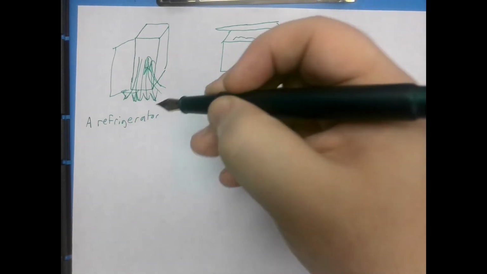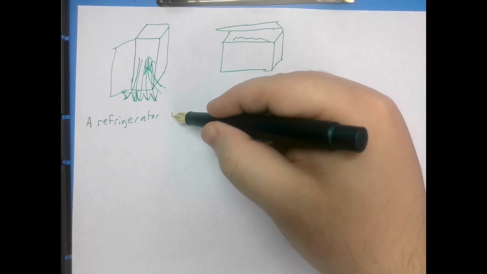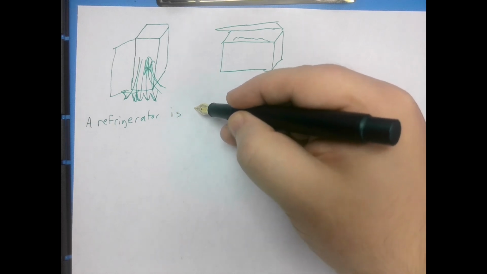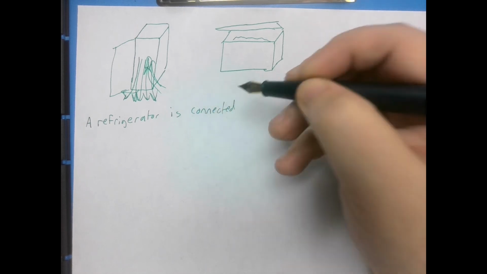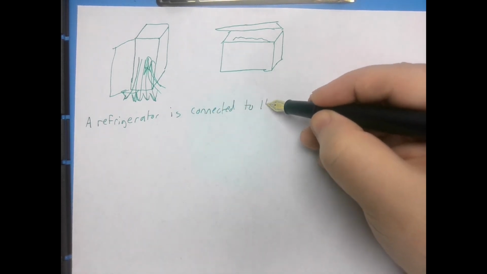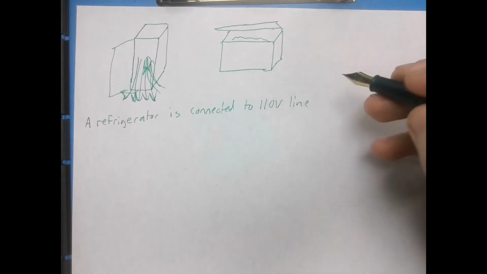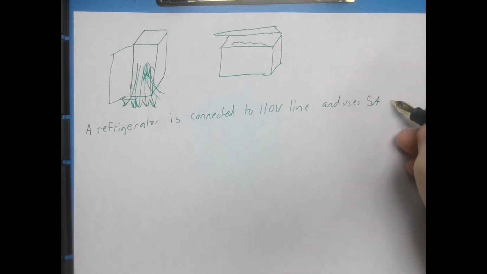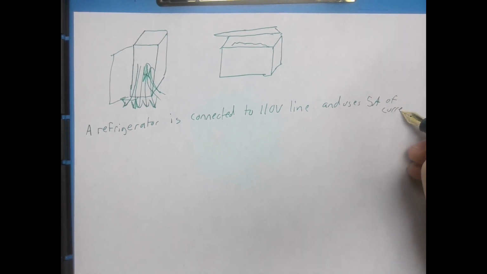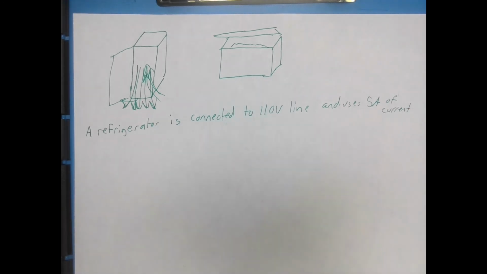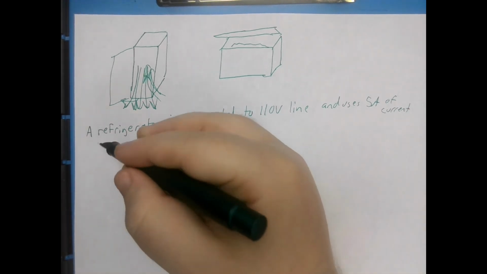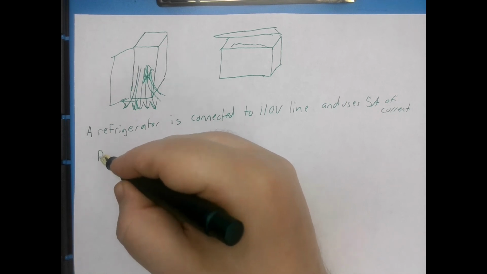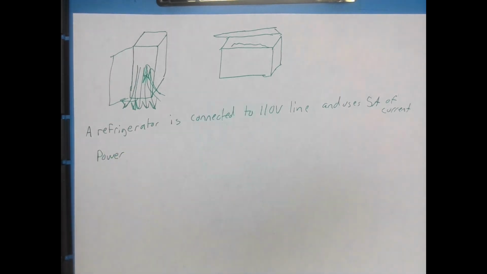So let's calculate what would happen if you left it on 24/7. A refrigerator is connected to a 110 volt line and uses 5 amps of current. So the power that's dissipated, by the way, if you open up the refrigerator and keep your mask on, if you open up the refrigerator, turn it on,